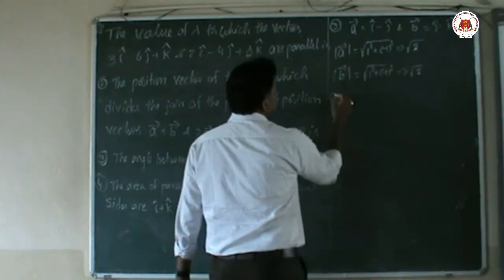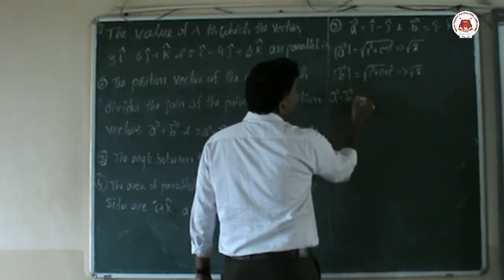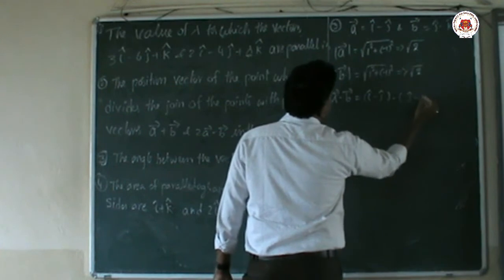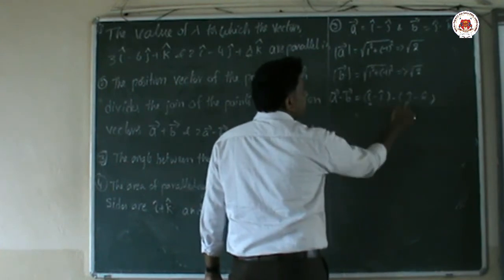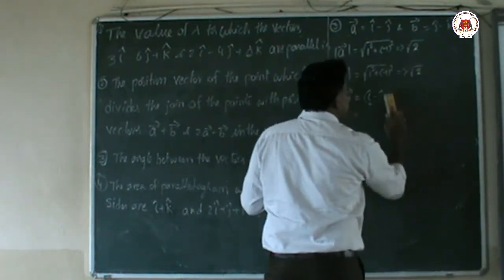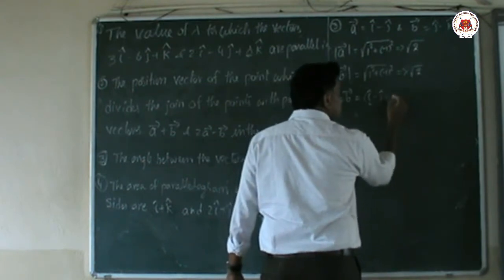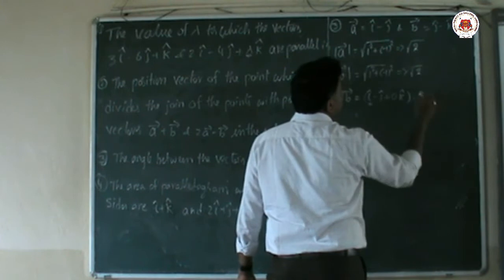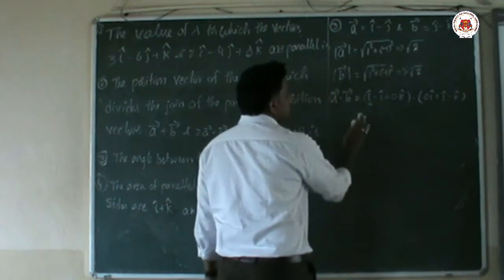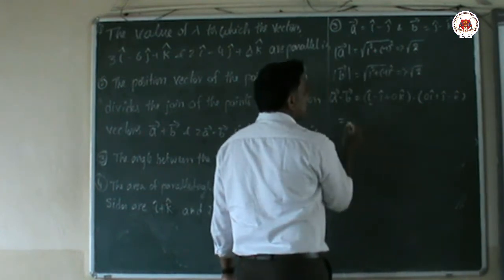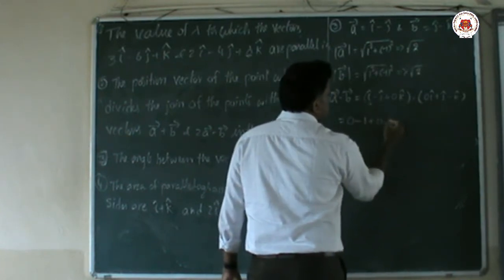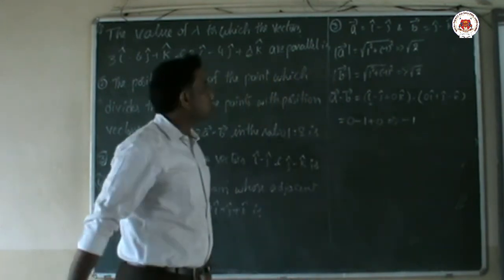Next we will find vector A dot vector B. Dot product means (i cap minus j cap) dot (j cap minus k cap). So students, here there is no i in B to do the dot product. If there is no i, then we can write it like this: 0 i cap. Here there is no k, so we can write 0 k cap. Then 0 i cap plus j cap minus k. If you do the dot product, i with i is 0, any number times 0 is 0, and here plus into minus is minus, 1 times 1 is 1, here also 0. So what is A dot B? A dot B answer is minus 1.